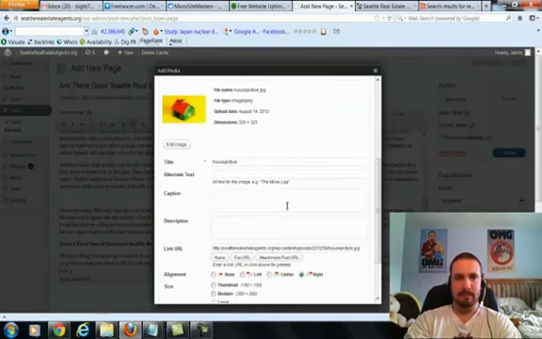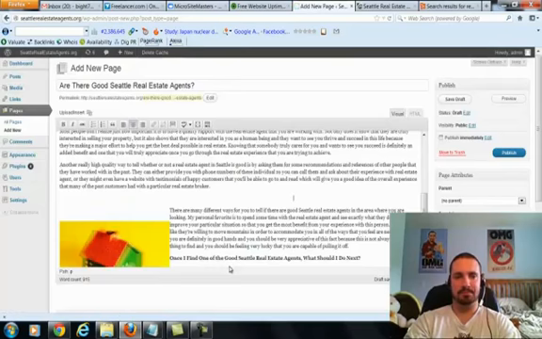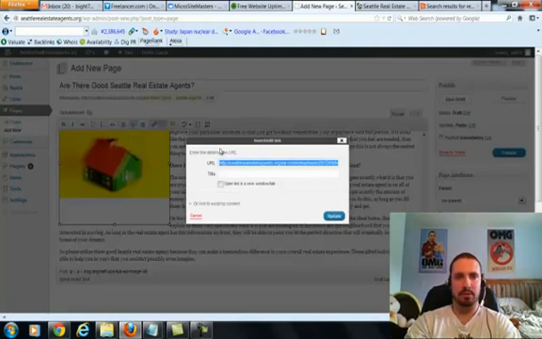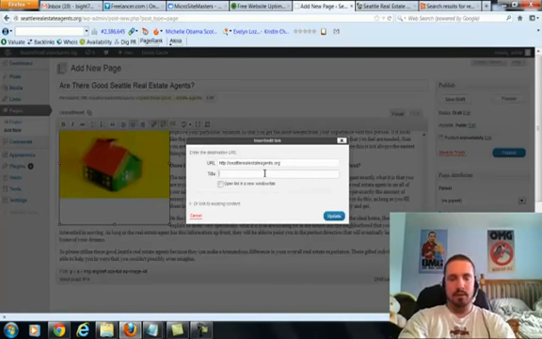Alternate text is house picture. And then for description, I'll just do picture of a house. I'll put this one to the left since the other one's to the right. Insert, and there we go. Alright, so now we got 2 pictures in there. Again, I'm going to click on this, have it going to my main site. And then title, I'm just going to do house picture and update.